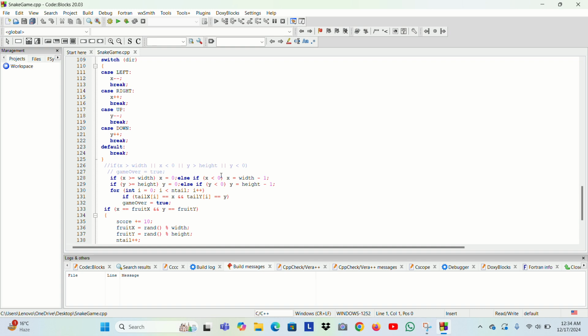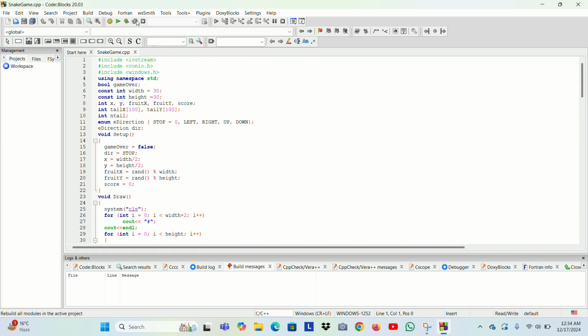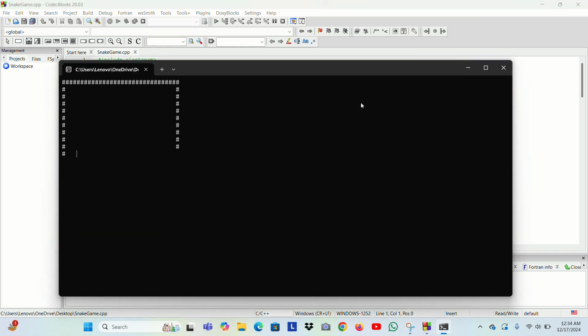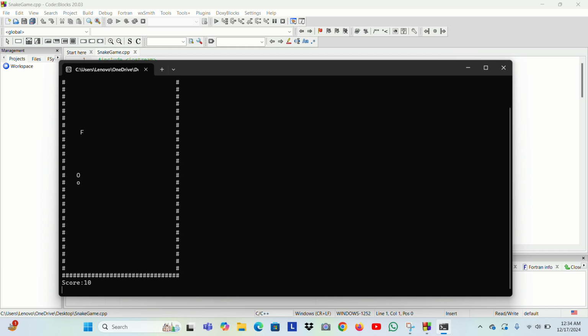Then I'm going to run this code. It's a little bit of a technical issue, but it works well. See,